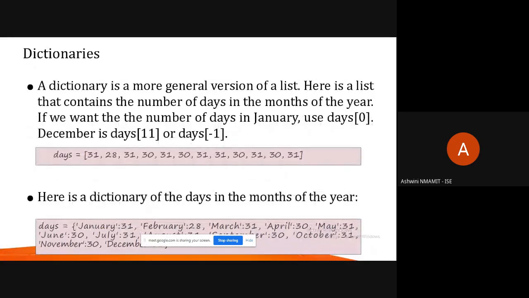Another, the last concept in data structures, that is dictionaries. So dictionary is a more general version of a list. Here, list contains only elements. Okay. Say suppose I want to store the USN and the name of the student. Of course, I have to store only the USNs. Now if I keep on storing USNs 1, 2, 3, 4, 5, 6, 7, 8, I do not actually know